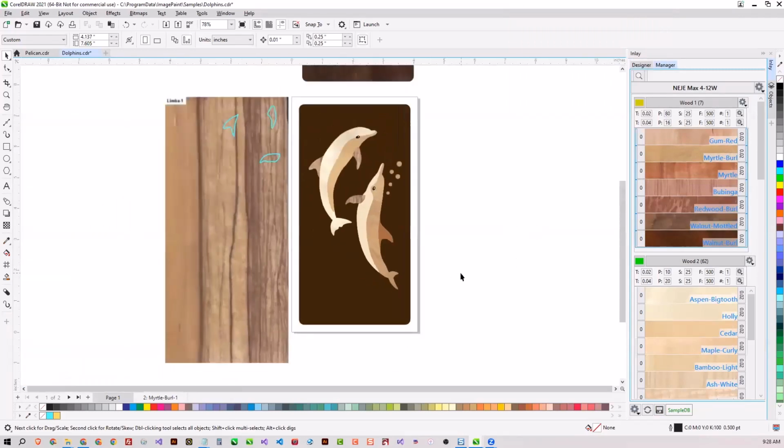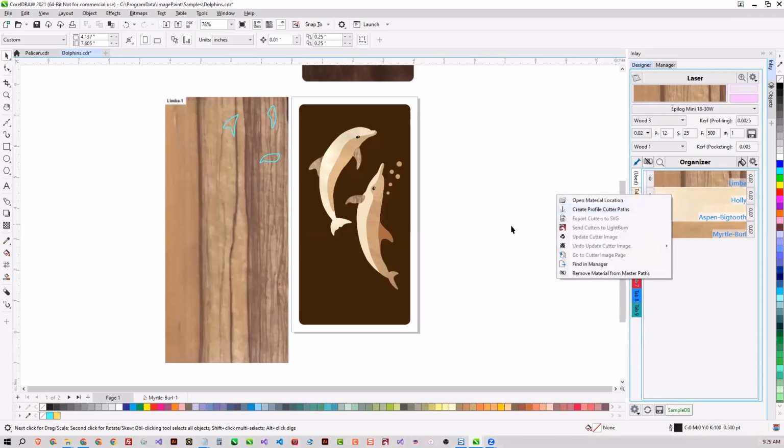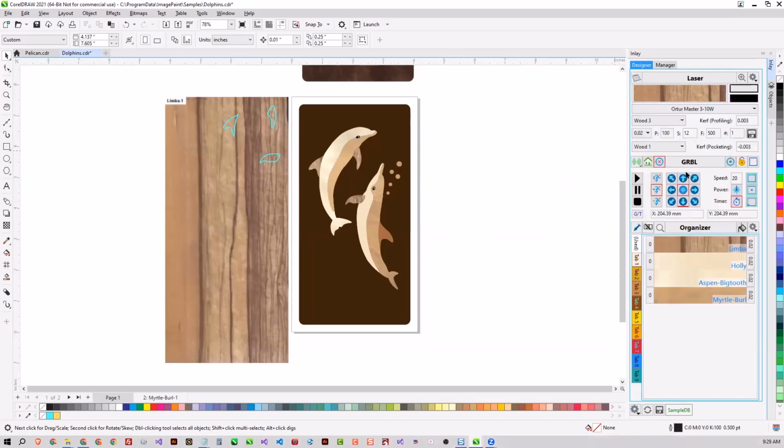Can I ask a simple question? Would it be possible to mark what part of the veneer has been cut? Yeah, the reason he's laughing is the fact that we do have the possibility of doing that. So Leo, this is one of the coolest features. You're going to love it. Great, because otherwise you probably lose the sample in the database and you cut in the wrong place. Yeah, just watch how this works. It's really great. So I right click Aspen Big Tooth right here under the Use tab only.